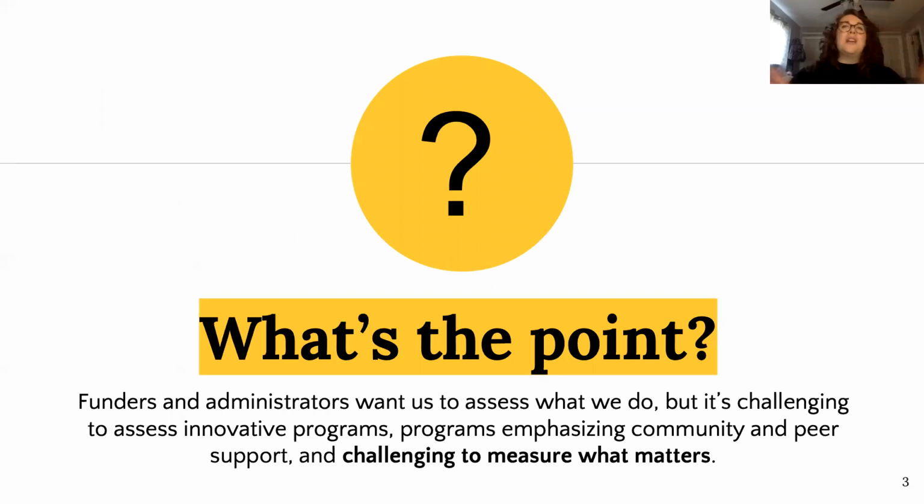So first, let's talk about the point. The whole point of this project is really to be able to answer the call for greater accountability that funders and administrators want us to have. They want us to be engaged in institutional assessment. They want us to be engaged in program evaluation,